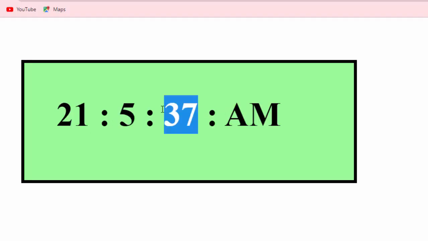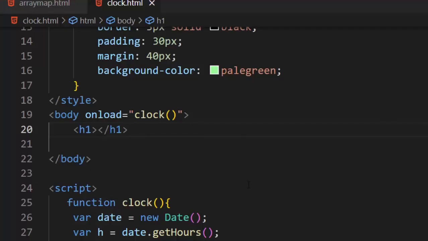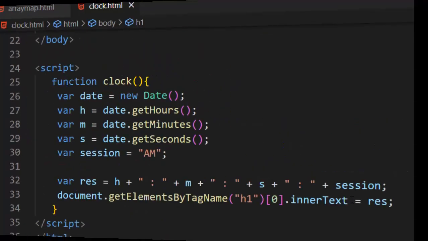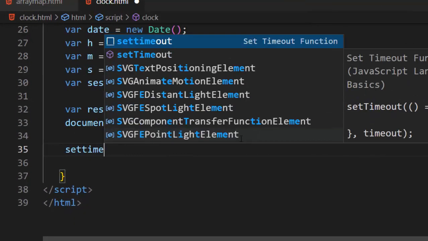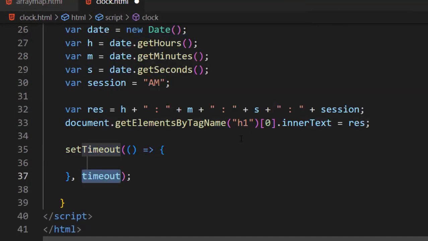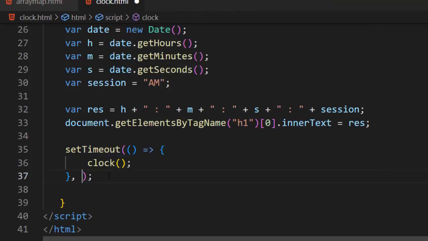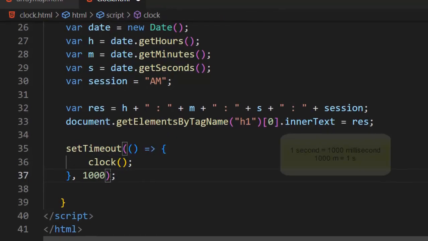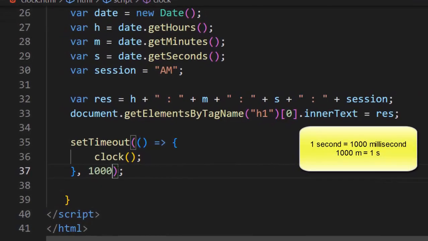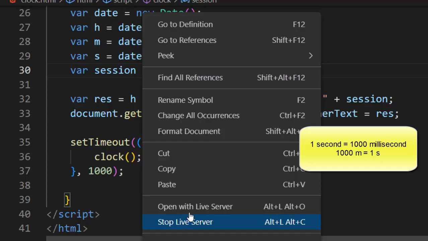But this digital watch doesn't work, it stopped. We have created our format, but it doesn't work. So for this we have to write here a built-in method, setTimeout. And okay, here we have to pass two things. First we have to call the function, and that is clock, and after that you have to give a time interval, so 1000 milliseconds, because 1000 milliseconds is equal to 1 second. So now let me open with live server and see, our timing has started right now,